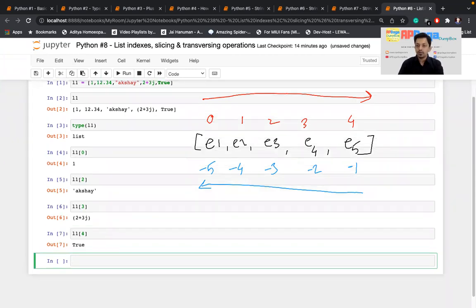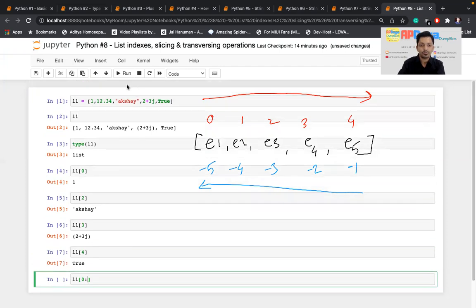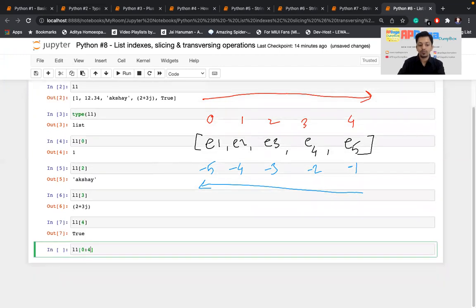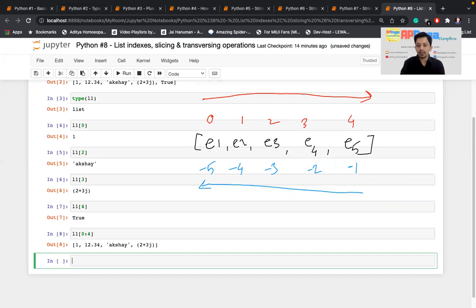Similarly, if you want to do slicing, you can follow all the instructions which I gave in my string slicing video. So L1 of 0 to, let's say 4. So 0, 1, 2, 3, 4. If I take 0 to 4, just like string, it will take the starting index and it will exclude the end index. So I got the 0th index, first, second and third. Okay, if I do L1 of, I'll keep starting index and ending index blank. So it is like that.